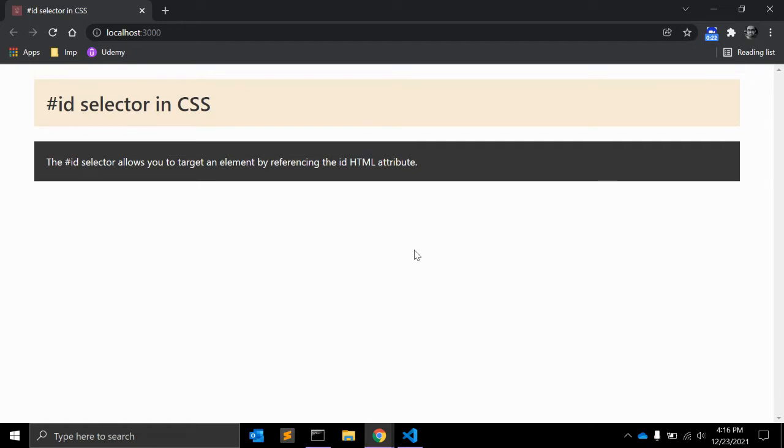So, the ID selector allows you to target an element by referencing the ID HTML attribute, similar to how class attributes are used in CSS with a period, a dot, before the class name. ID attributes are commonly known as hash, as you might be aware.